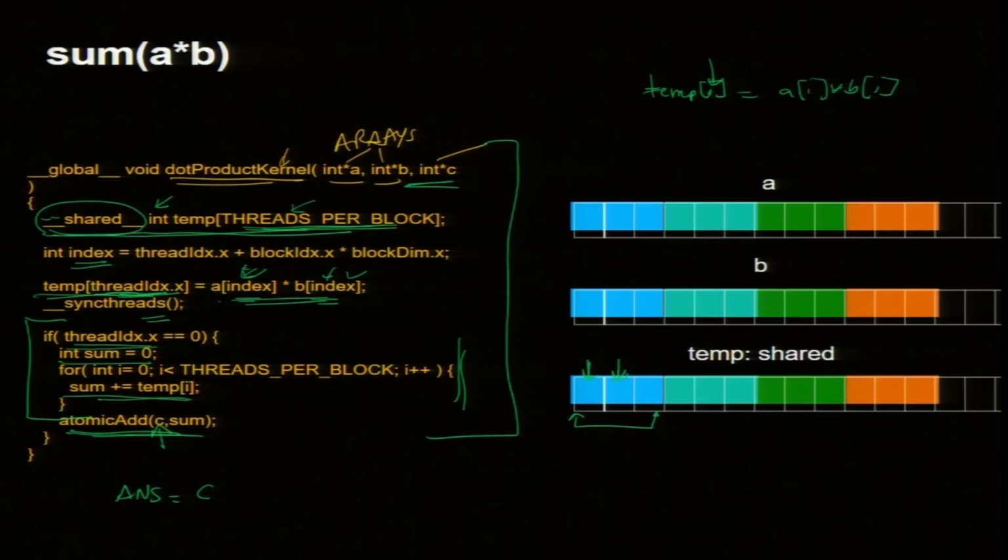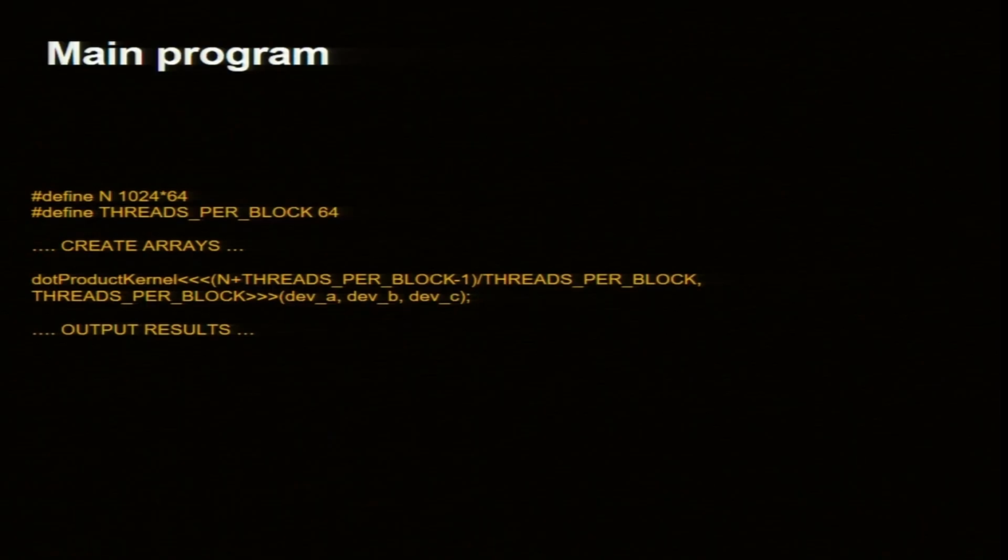So, this example illustrates how to use shared memory. The main program is very easy. Of course, creating arrays and memcpy, all that I have skipped, because you should know that by now. That is straightforward. You can create arrays inside the GPU itself. There are random number creators inside the GPU, but we have been following the scheme that we create in the main CPU and transfer, follow that for the time being.